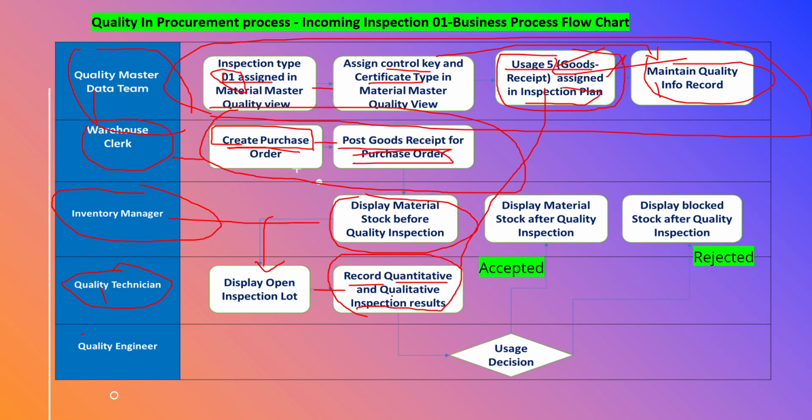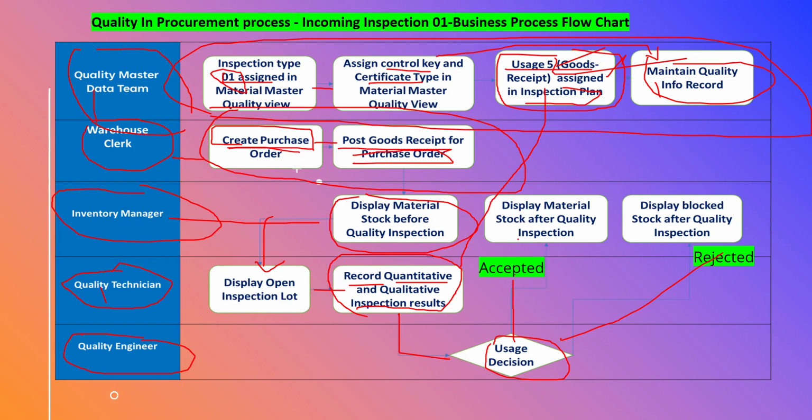In the results recording, you can record the inspection results for the characteristics you assigned in the inspection plan. Once the results are done, you need to inform the quality engineer. The quality engineer is a person at the plant level. They will check the system for how much stock is accepted and how much stock is available. I told you 100 pieces came into the unrestricted area, in the quality area. Once this quality person makes the usage decision, either accepted or rejected,